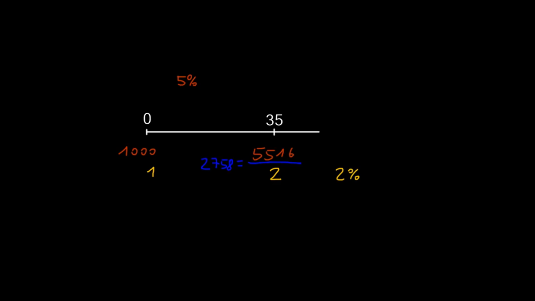We say that although 1,000 euros have grown in nominal terms to 5,516 euros, taking into account the loss in purchasing power caused by an inflation rate of 2%, these 5,516 euros 35 years from now correspond only to